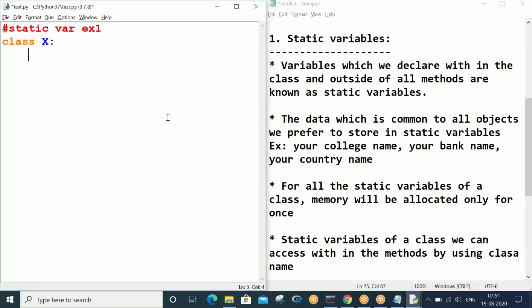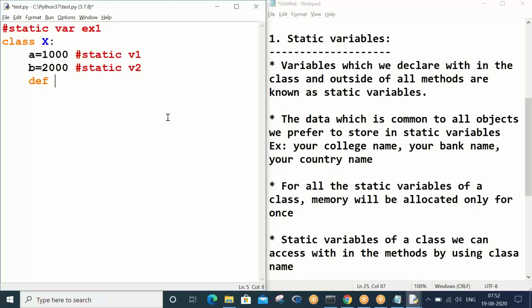Capital X is my class name. I am going to define a couple of static variables. Immediately after writing the class, you define variables. These variables are called static. Static variable one, static variable two.